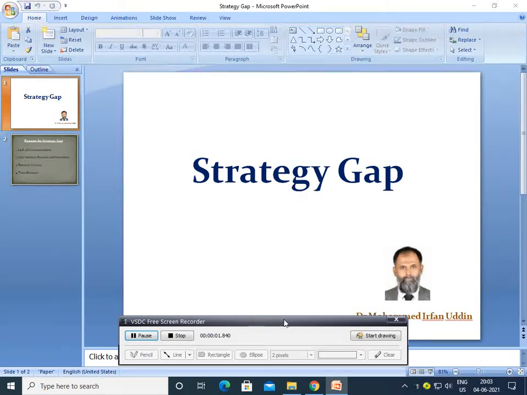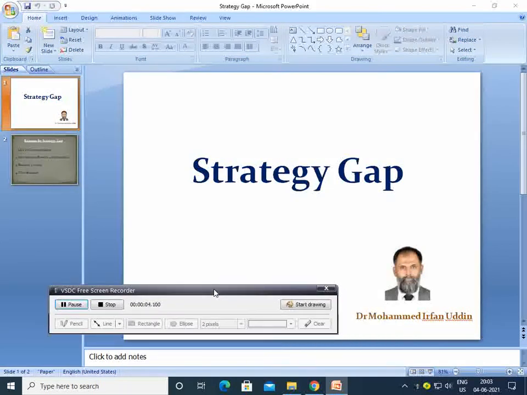Students, in today's class I would talk about strategy gap. What is strategy gap? Strategy gap refers to the difference between an organization's strategic plan and the actual execution of that plan. Thus, this difference between the strategic plan and whatever they commit, the actual accomplished strategy, refers to strategy gap. For example,